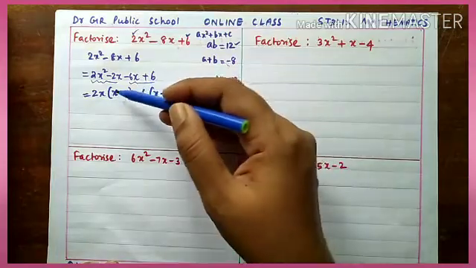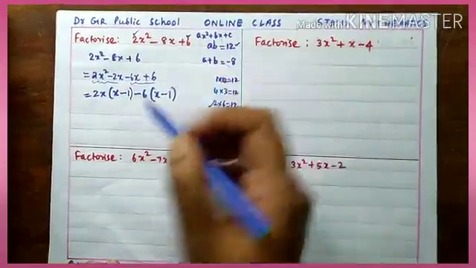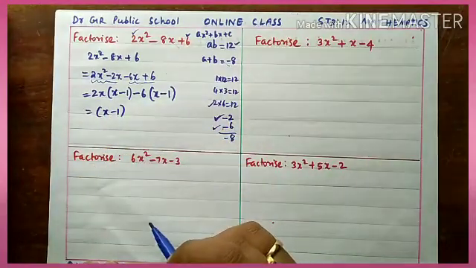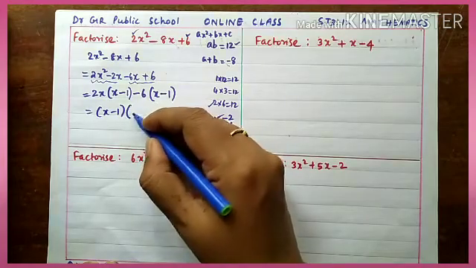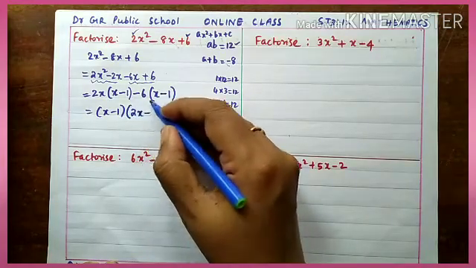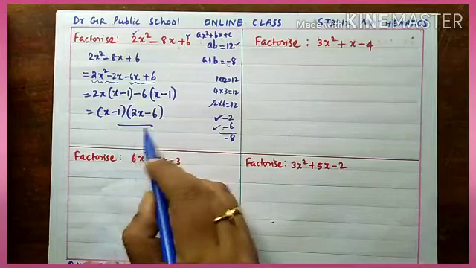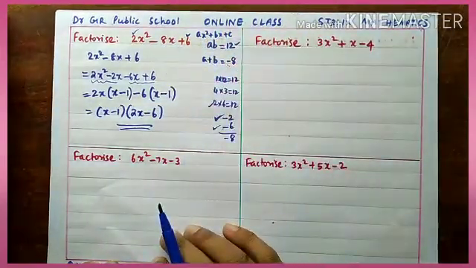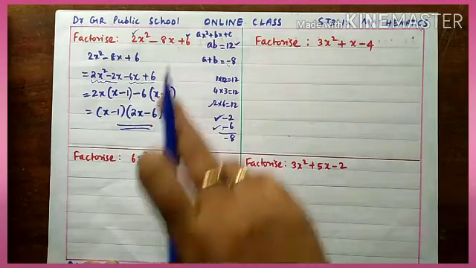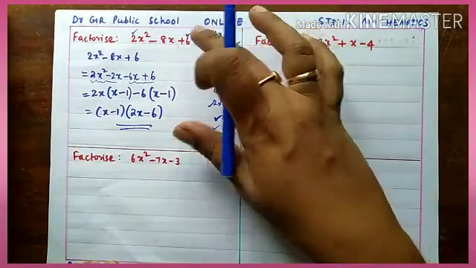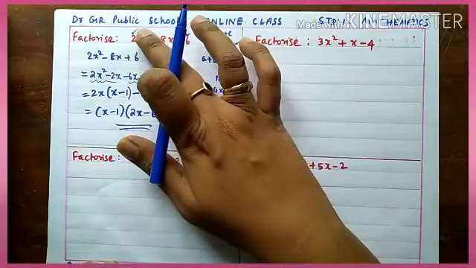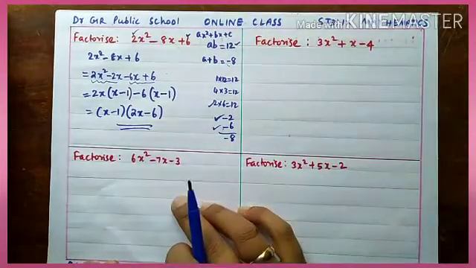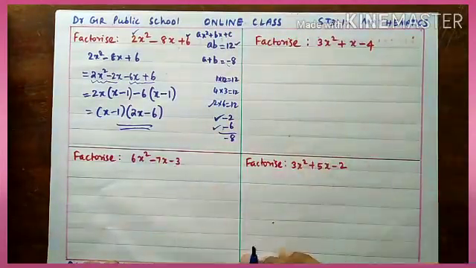Now you see the first and second brackets came the same. So you can take that x minus 1 as common again. So what is the remaining factor? It is 2x minus 6. So this is the answer, the product of factors for the given polynomial. Understood? So for this type of problem, where the x square has a coefficient other than 1, you do it like this. Okay, now shall we solve the remaining three problems?